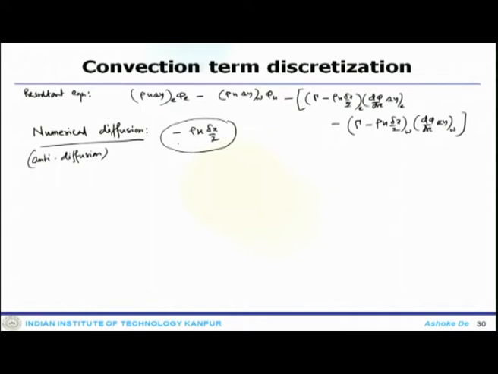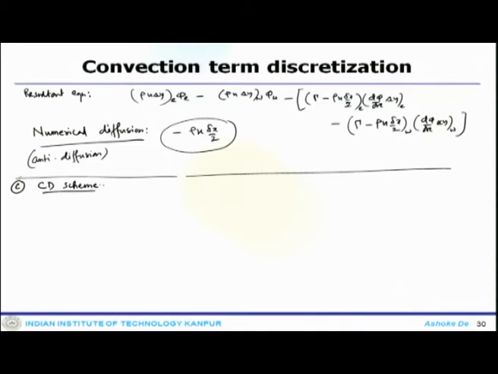The predictions obtained using the downwind scheme are found to cause clipping of advected profiles. In fact, solutions to the 1D convection diffusion equation obtained using this particular scheme can be more oscillatory compared to those of a CD scheme. Now, the third one we will look at is the central difference scheme.